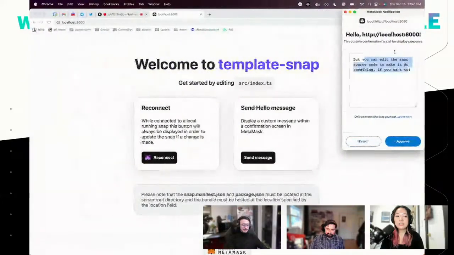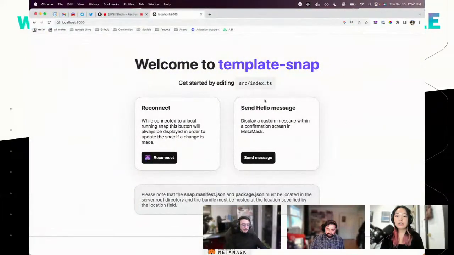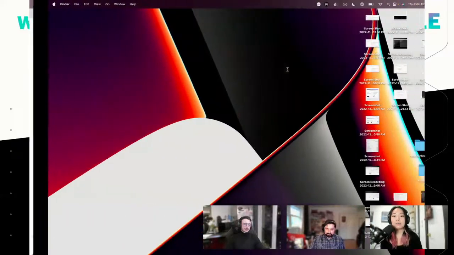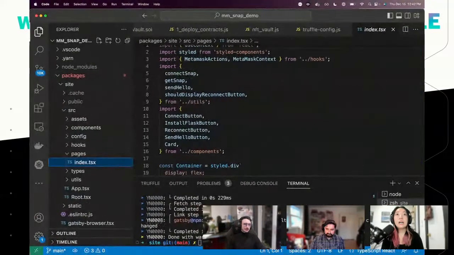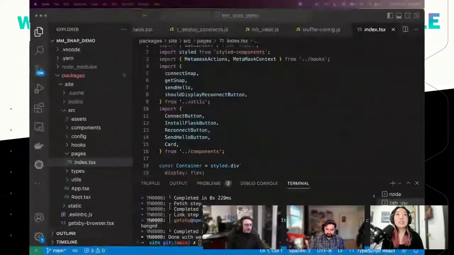So essentially on this page, we're going to remove the send hello card and then add a bunch of cards that will take us through each of the different NFT Vault contract functions that I had stepped through before. So I'm just going to go ahead and copy paste all of that code because it is also a lot and I don't want to,